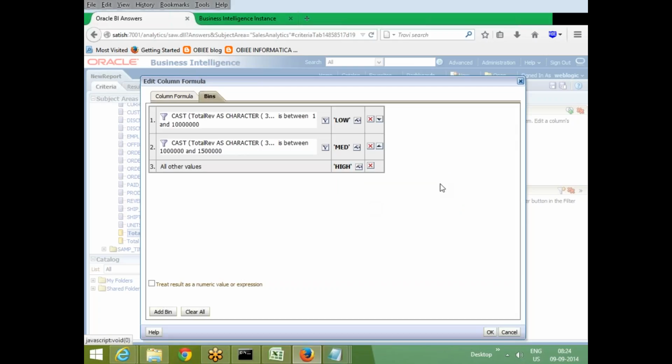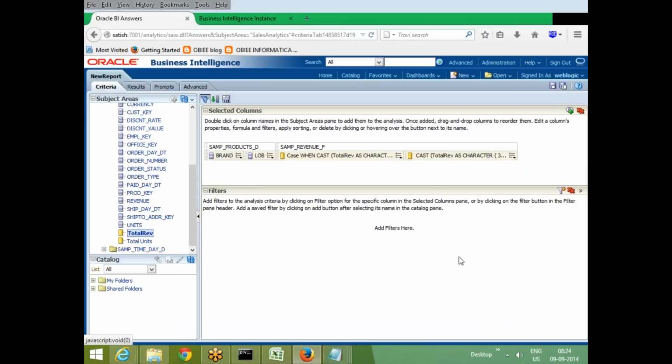So it is like a case statement. All other values mean the else part. If it is 1 to 10 lakhs, or whatever number, it is low, and if it is 10 lakhs to 15 lakhs, then medium, and anything else is high. And when you say OK, you can see now, if you go to edit formula, you will see